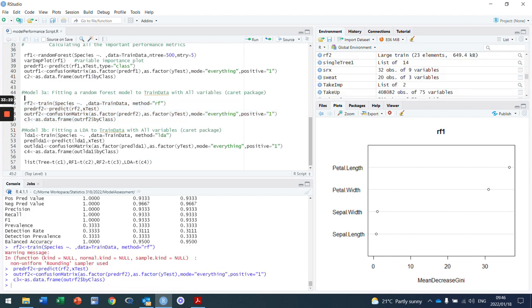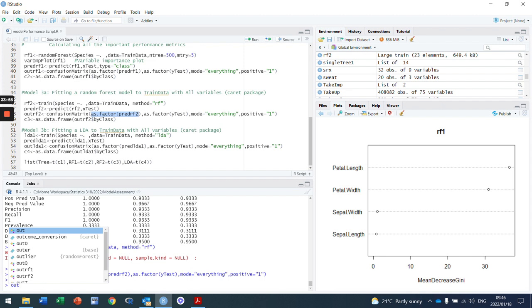But notice, as I mentioned, the random forest is being trained using the train function in caret. So everything over here that you see is exactly a repetition of what we did earlier. Always remember to use the right model. Notice I use predict for my predicted, RF for the model random forest, and then there's my Y test data. So it's important to use the right objects. Out RF2,